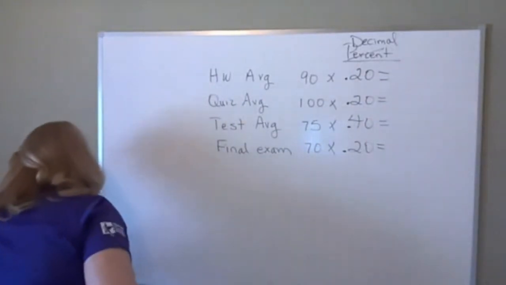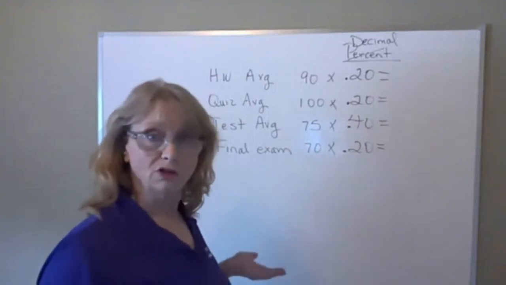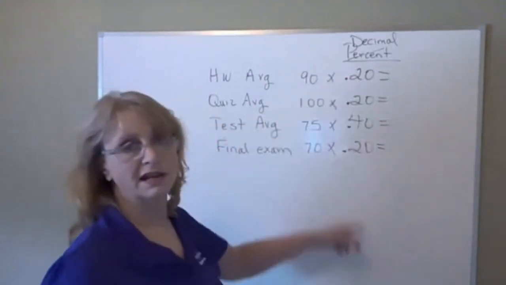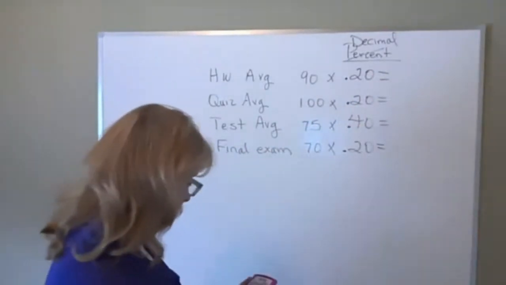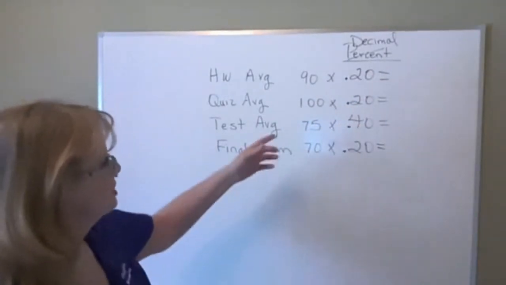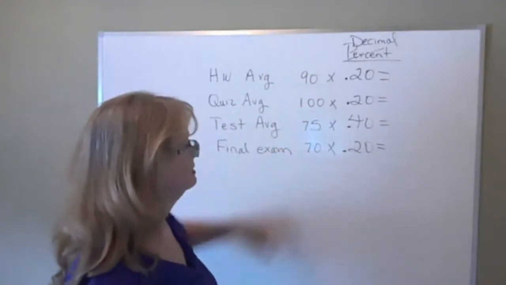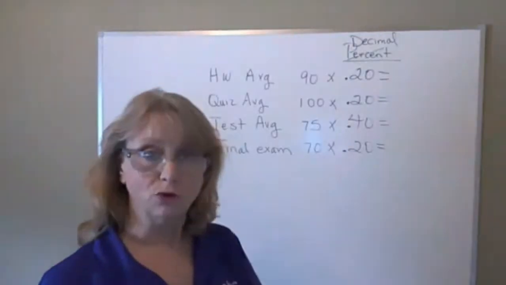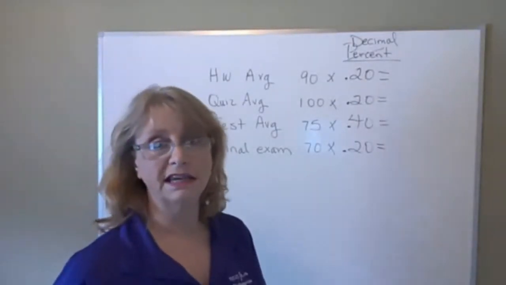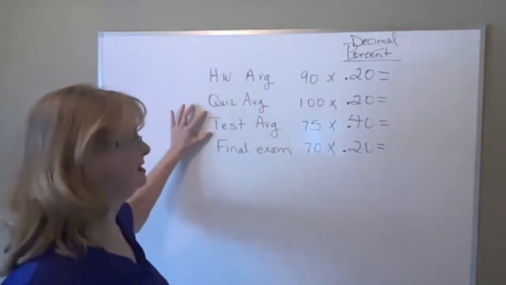So on this one, do you see how you would do that particular problem? Just basically change those to decimals, and you're going to take each grade and multiply it by the decimal of its worth. So you see, for example, this 75 is going to count a lot more, isn't it, than these other things. Now remember, if I listed the 3 tests out individually, that would be different because each individual test would count less than the homework average because there's 3 tests in there.